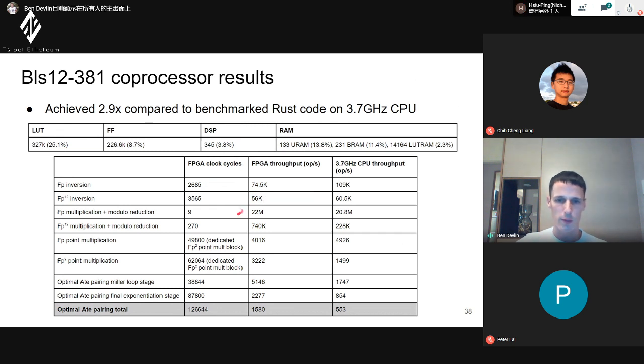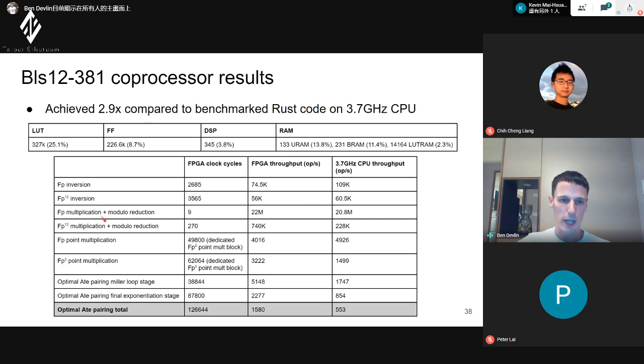And then this is showing the performance that we got. You'll see the FPGA throughput for something small like an FP inversion is actually slower than the CPU. But as we move up our towered arithmetic, because we have more equations happening in parallel, the gap closes. You'll see even FP multiplication is faster on a CPU, even though we have 381 bits, mainly because we run this at 200 megahertz compared to 3.7 gigahertz.